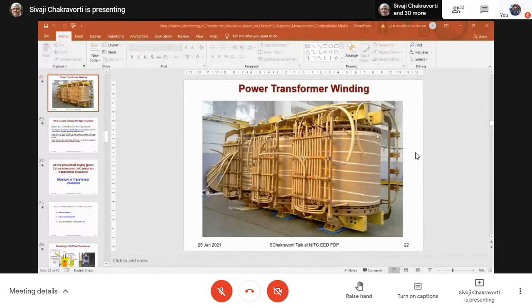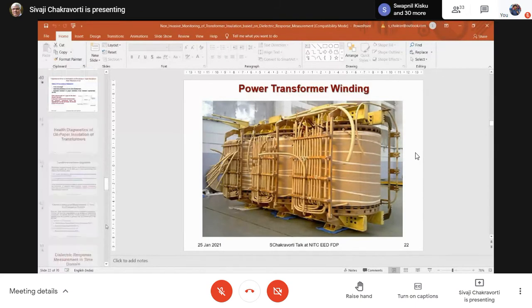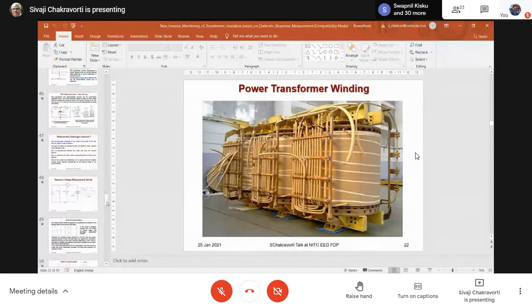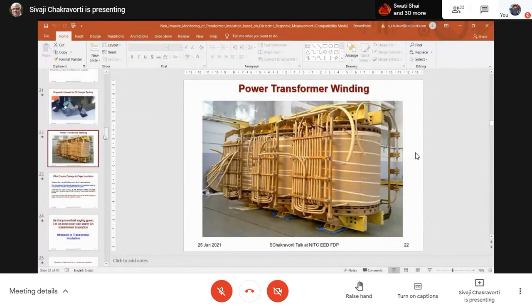Say, for example, look at my mouth. There will be the section here. So some series capacitances will be there between the turns of the winding. And then from this turn to the tank, wherever it is, you will have another capacitance, which will be the CG. Right. And then this will be distributed along this entire length, which is not a very small length. It's comparatively much bigger. So that is what I am trying to highlight.